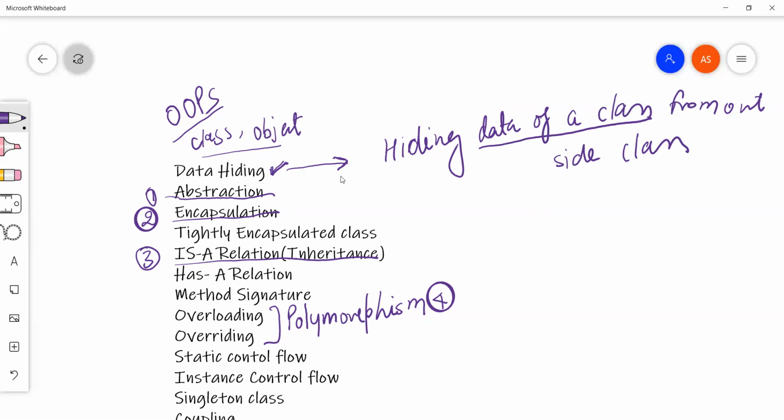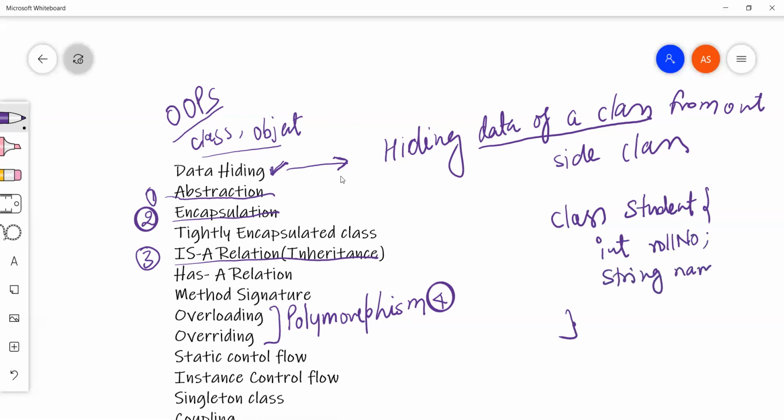For example, we have a class Student. We have this class and I have a variable called int rollNumber, and a String name.